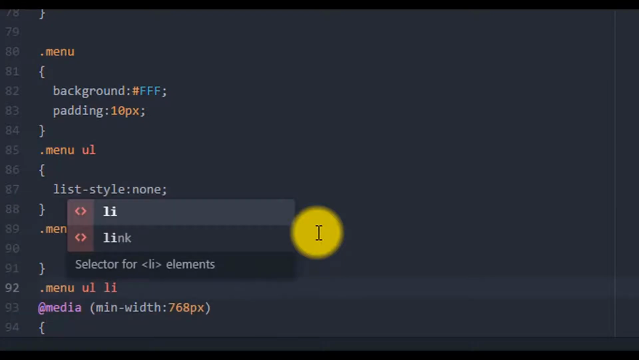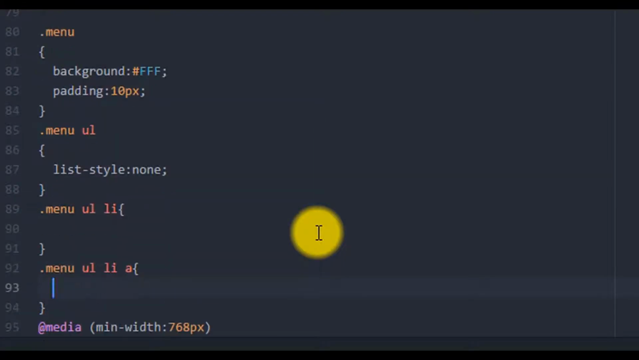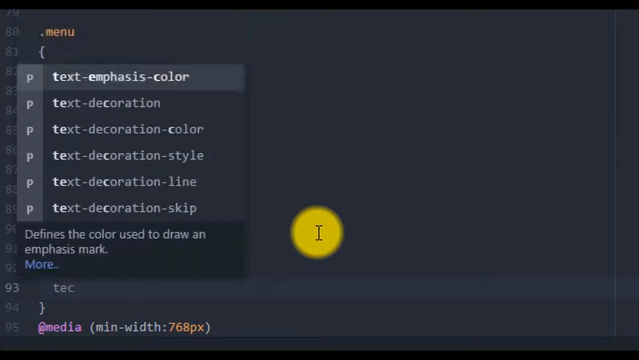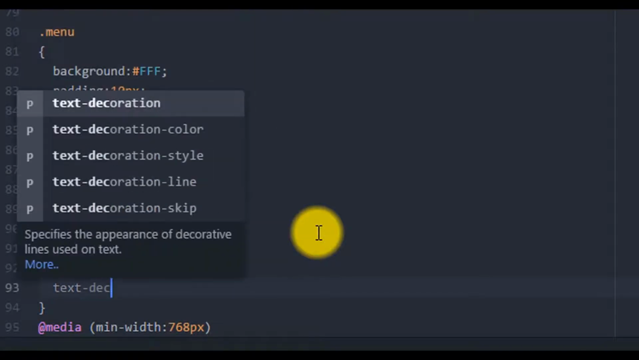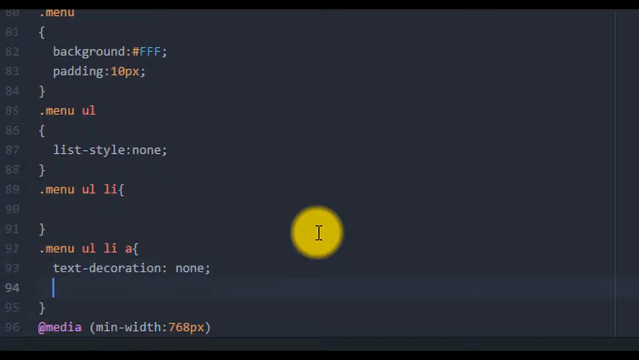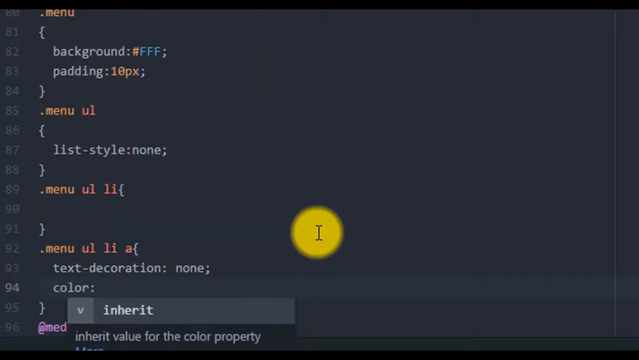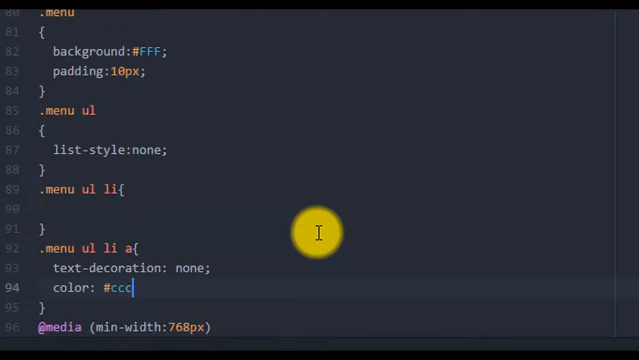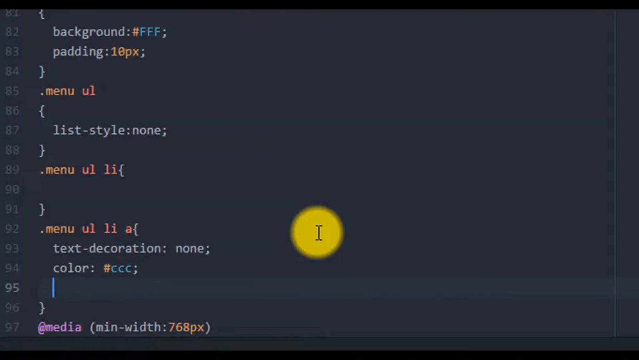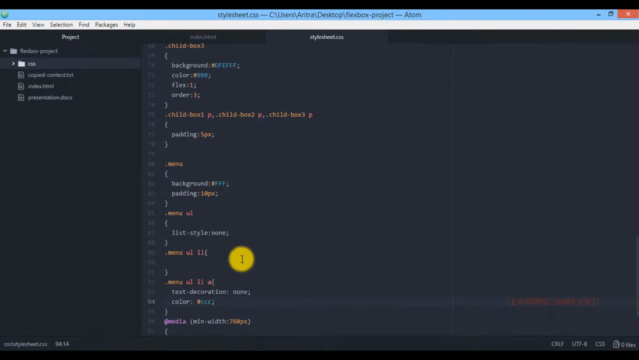Now in here we will be creating the property of the anchor tag. Text decoration will be none, so that there won't be any underline. And then we are creating the color. Say, in the first case, we are not providing any kind of padding over here. All we are doing is pressing Ctrl+S and getting back to